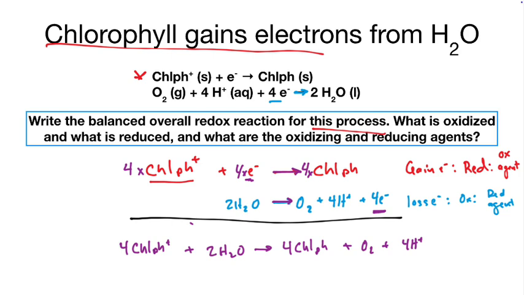If we talked about what was oxidized and what was reduced, did we have to write out the equation? Okay. We could entirely skip the balanced overall reaction. What is oxidized and what is reduced? How could you answer that? Whatever changed the amount of electrons on it. Said another way, the first chlorophyll has a